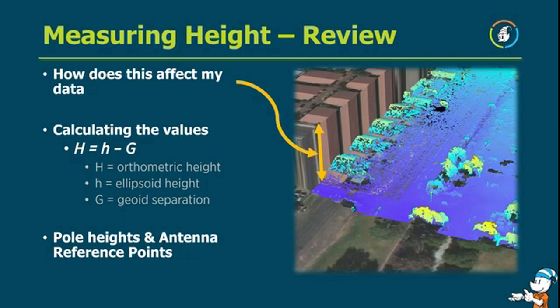If you look at that picture and you imagine that I take this GPS data that's at an ellipsoidal height and add the geoid, that would have brought it back up to the Earth. And that's really what we're after today: how could we, producing a Bad Elf Flex with internal geoid models, help you to just have data that actually matches real world coordinates. I did want to bring up that pole heights and antenna reference points do affect this, but we're going to show a really nice picture of what that means coming shortly. So moving on from here,